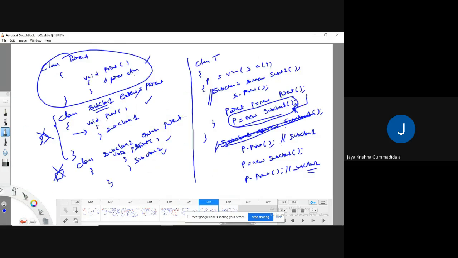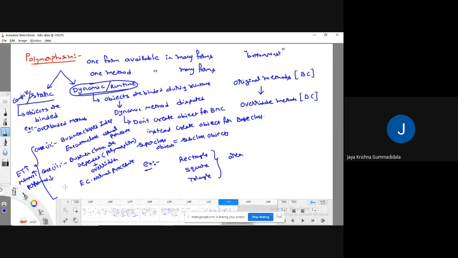But in case 3, business classes follow the polymorphism principle, so we override, and the execution class follows dynamic method dispatch.